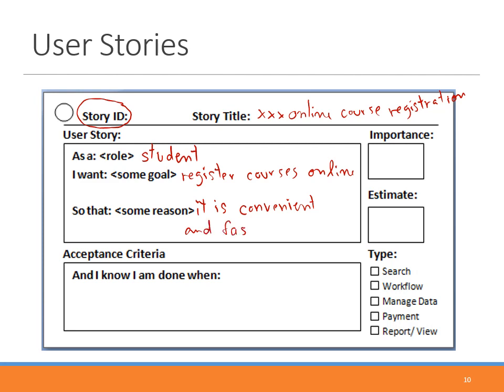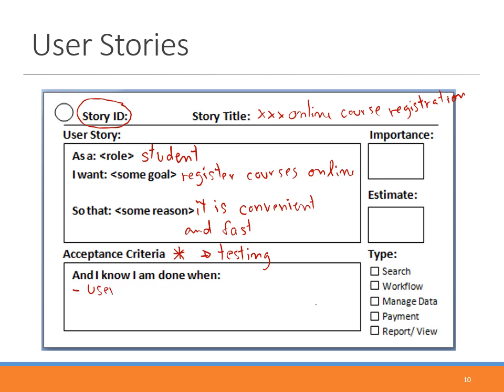Acceptance criteria is the part that is used to define how we can know that the story is complete and contains everything that the user wants. So it is used for testing. Later on, when developers say that they completed the story, they can be sure that they completed it when they perform all the tests defined in these acceptance criteria. So I know when I'm done for this story when